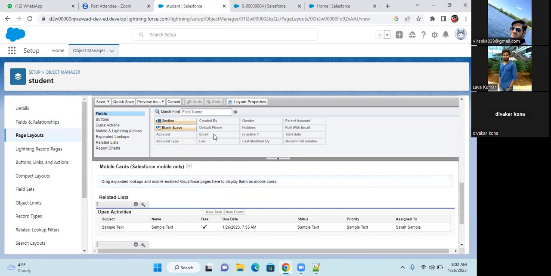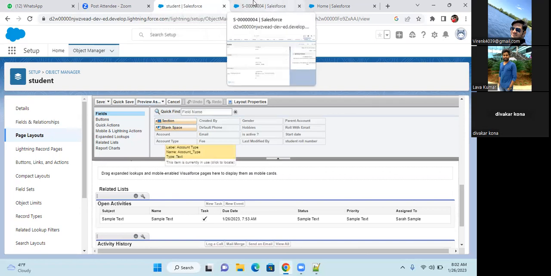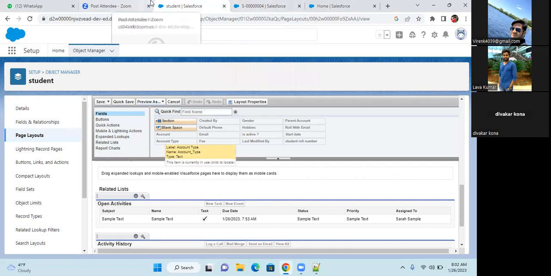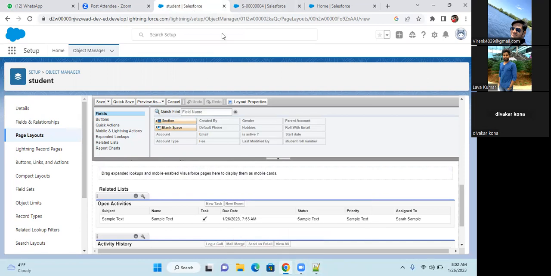Moving ahead, there is a related list part. So as I told you guys in the last chapter when we were learning lookup and master detail, whenever you create a master detail or lookup fields on child object, there will be a related list created on the parent object to see those childs. So now you need to add, yeah,